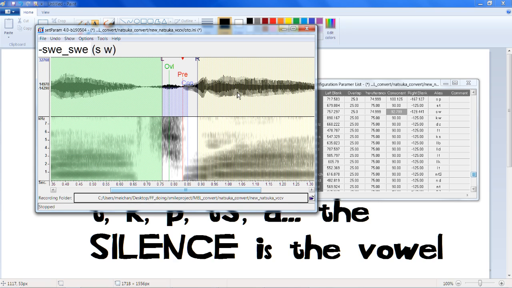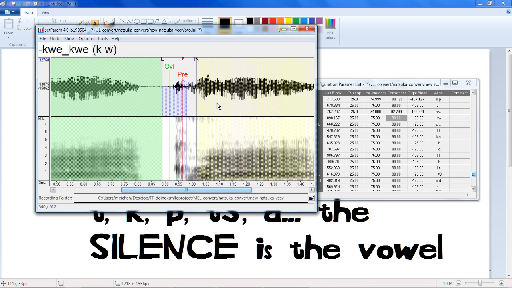A good way to test it: if you can hear the W, you're safe. You might not have enough of the W, but close enough. And don't be afraid to play with left blank and overlap in cases where the k sound is k and not just k.